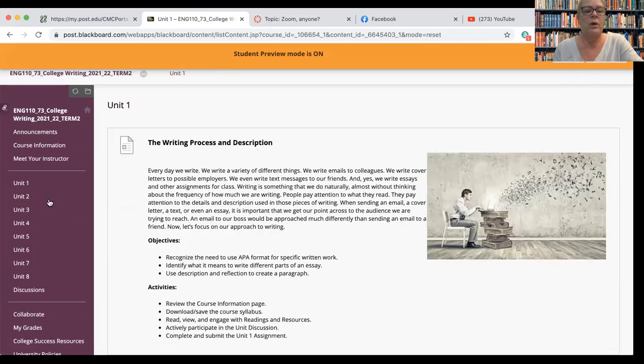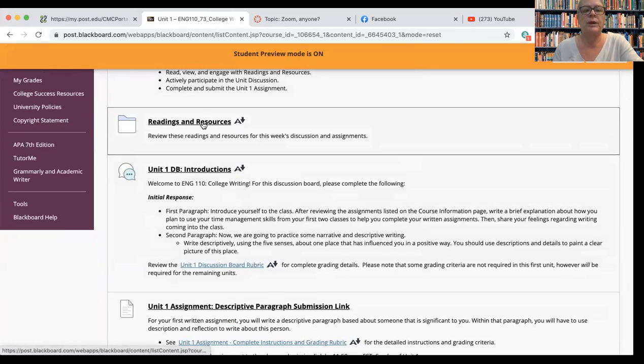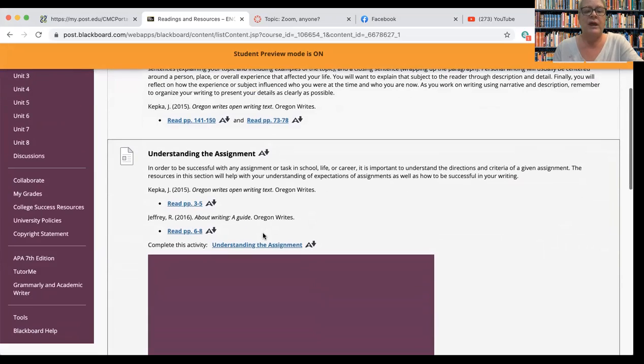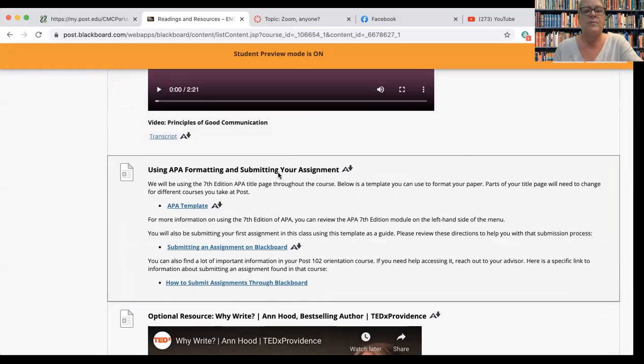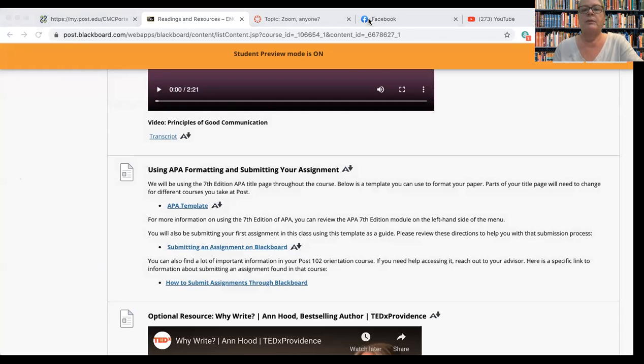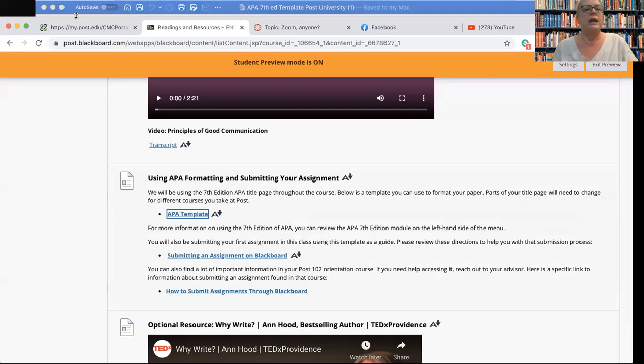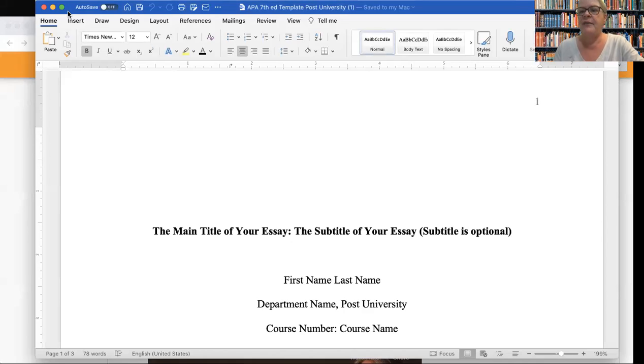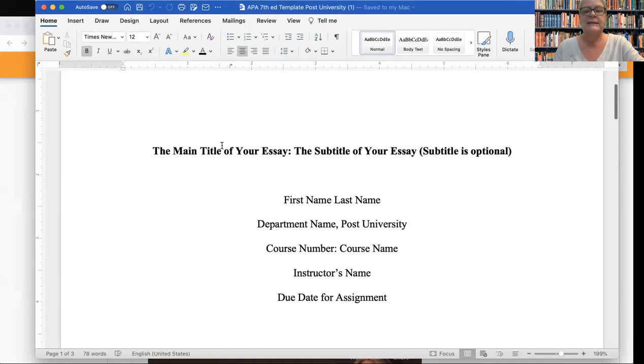If you click on Unit 1 and you go to the readings and resources, you will find the section on using APA format and submitting your assignment. And there is an APA template, and I'm going to have to reshare probably. So let me stop and reshare with both windows. Okay, and then you should be looking at the sample paper. This is the template, and it opens in Microsoft Word, so you can just use it as is and fill